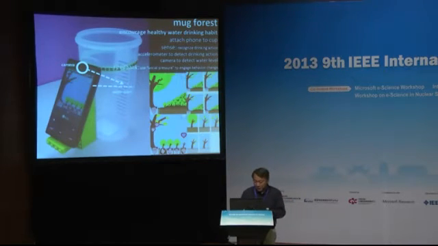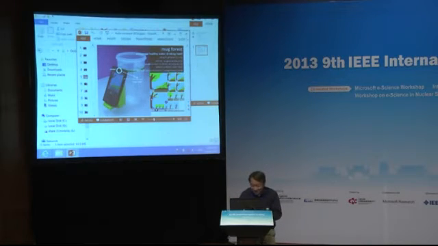So this game has a tree. Okay, so you can see the tree here. If you don't drink enough water, we use a metaphor design, then the tree will lose its leaf, right? And you can also see other players, how well other players are drinking their water, and you can send loving heart reminders to remind them to drink water. Okay, so let me get this video playing.